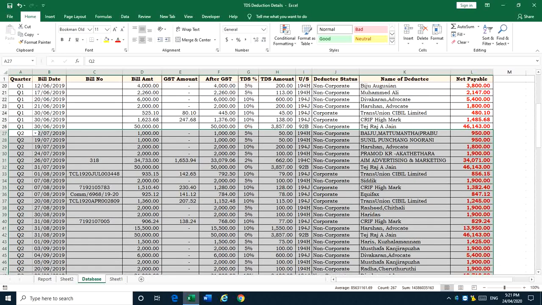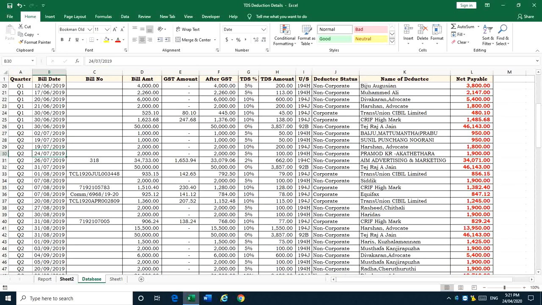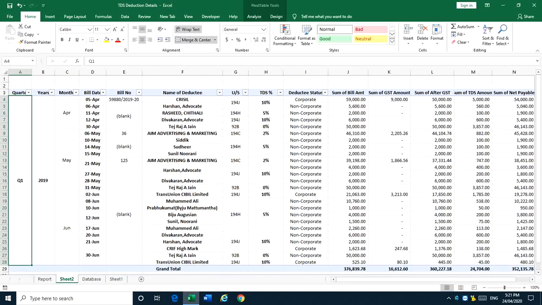When we created the table, it asked for the data area we want to include in the report. So here we have to expand our area. For expanding the area, click inside the table, click on analyze, click on change data source.